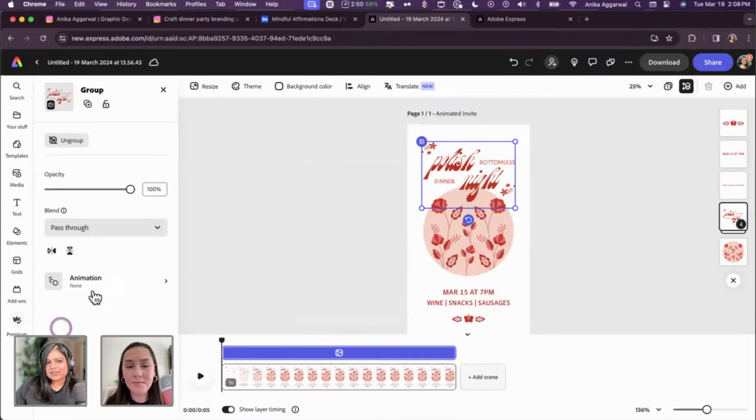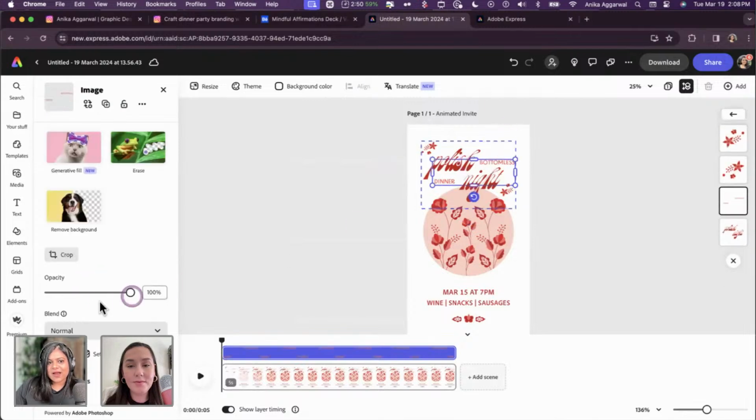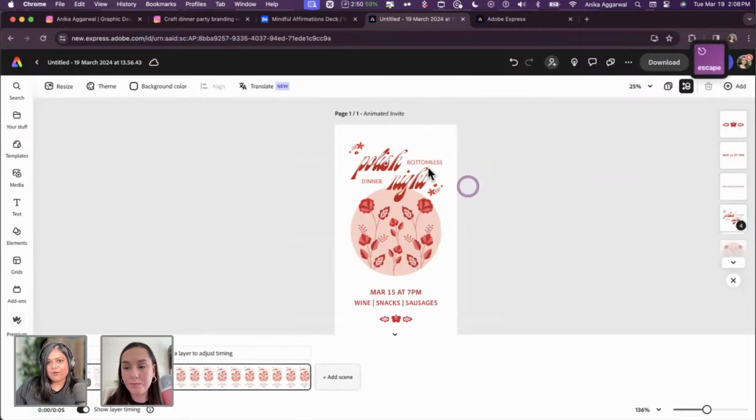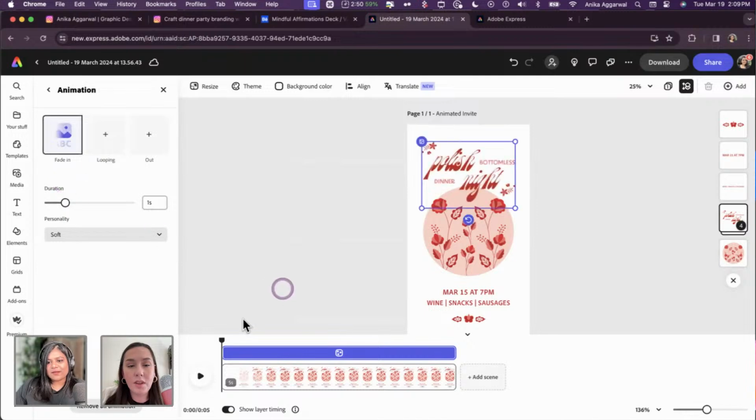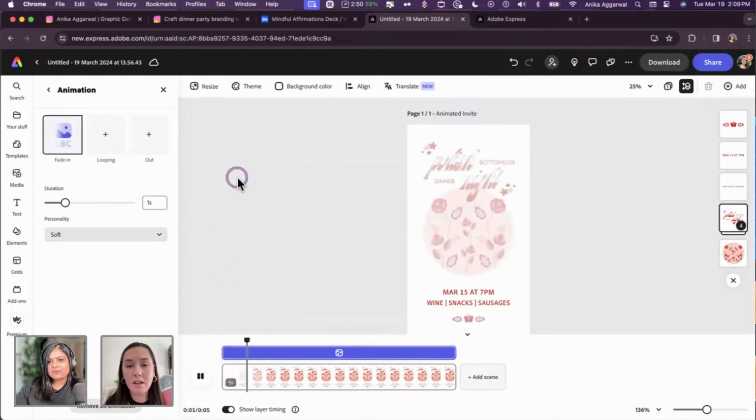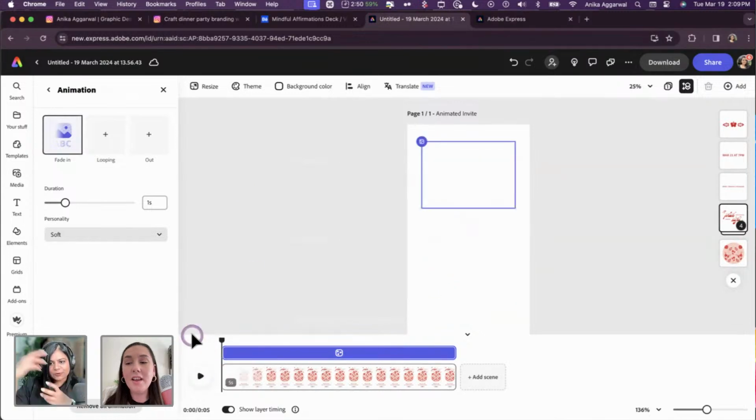This group doesn't necessarily have any animation, but the groups inside have animation, right? So what I'm gonna do is select that group and maybe do a fade to the whole thing. So it almost seems less jarring and it kind of helps with the whole thing. So let me play and okay, sweet. Wow. That takes away from the pop that was happening and these words are popping out of some text which doesn't exist. And because I don't have the option of changing the opacity, ideally if I was using After Effects or Premiere Pro, I would go in, spend a lot of time in there and change the opacity from 0 to 100 as it pops out completely. But I don't want to do that here.